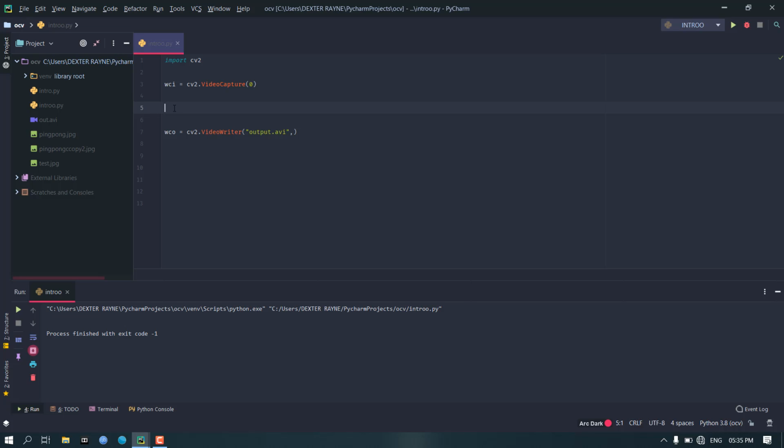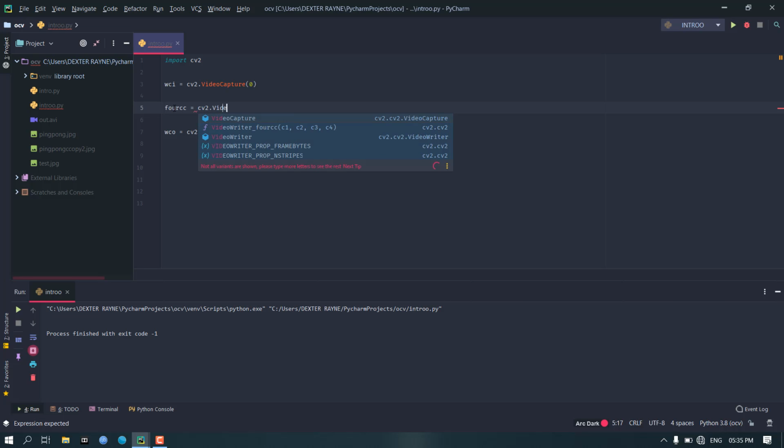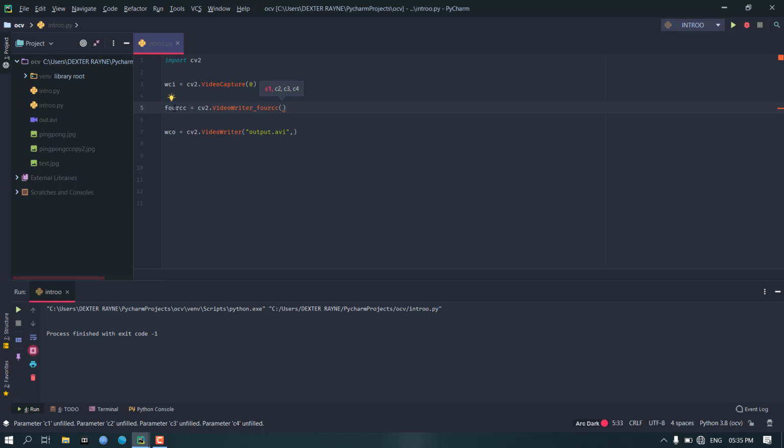Okay, so we need to define a variable which will store our 4cc codec. It is going to be cv2.VideoWriter_fourcc, and it will take 4 characters of that codec.